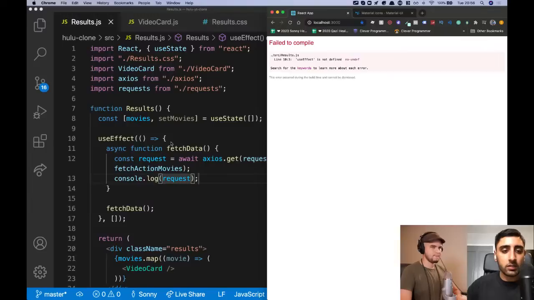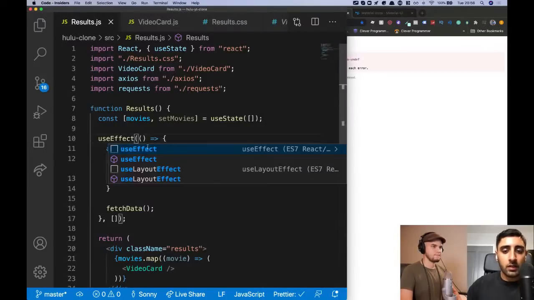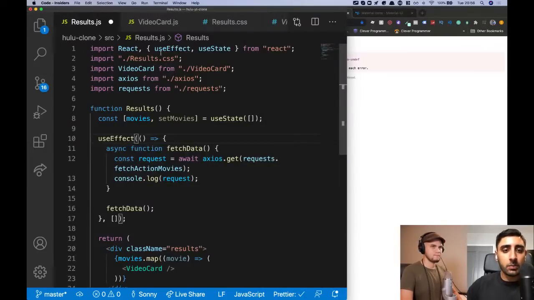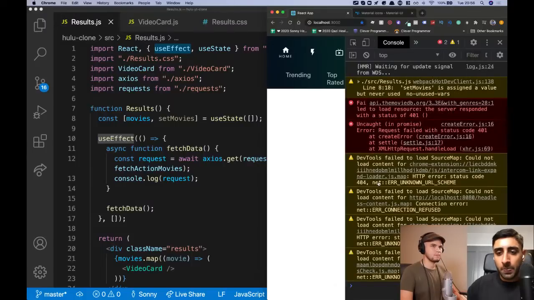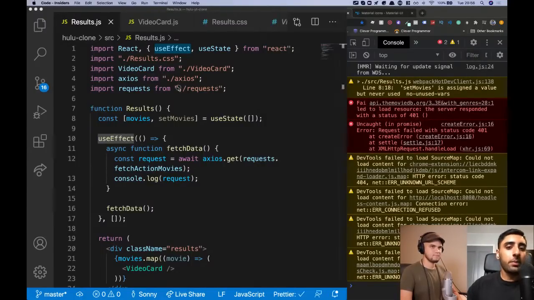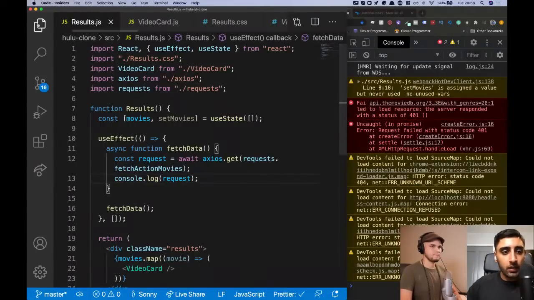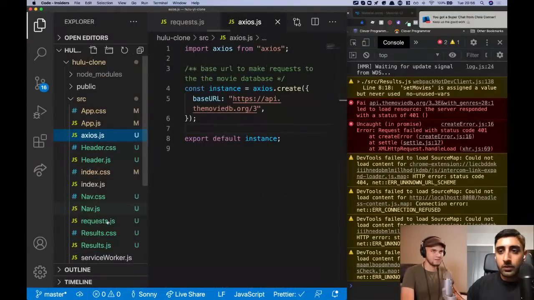And it says useEffect is not defined. So we can go here and do import, and it imports it at the top over here. Save it. Go back. And now you can see if we open up the inspector, go to the console, it says server responded with a 401. That's because I didn't put my key in, right? So what I'm going to do is quickly go into my